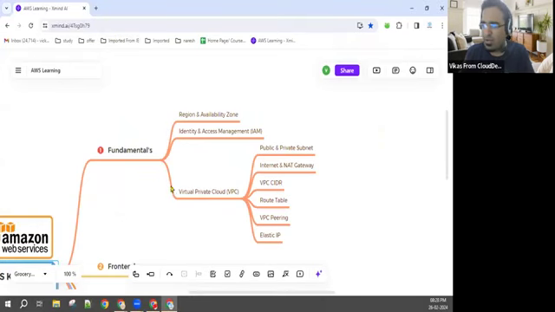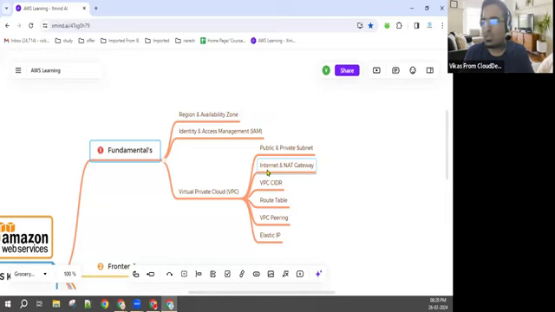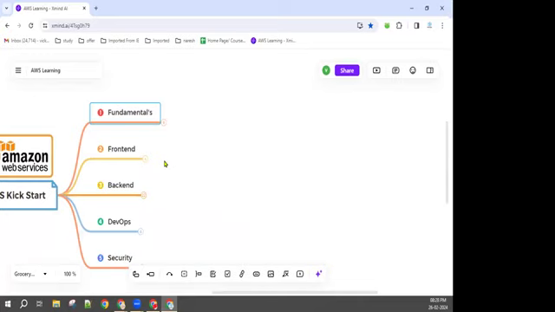If you are aware of the fundamentals, meaning the regions, availability zones, data centers, availability, how to access it with the help of best practices, and the virtual private cloud, then your fundamentals are good. I'm adding around 8 to 9 services into this group, and almost everything we are going to discuss in our classes. Cool, all good till fundamentals, yes or no?